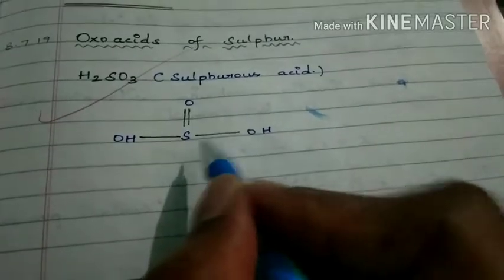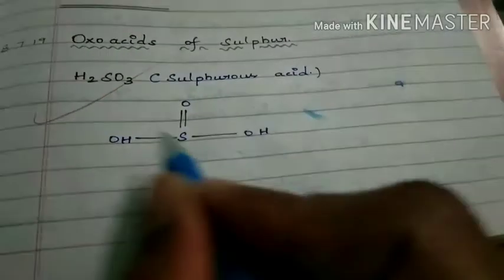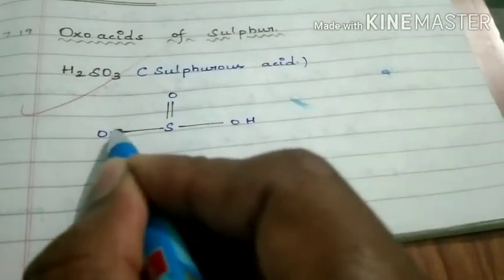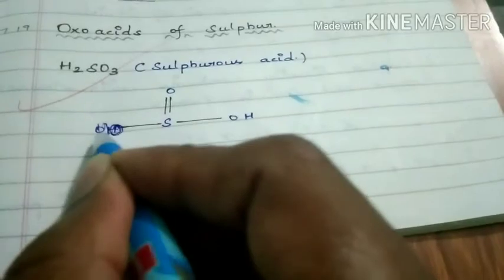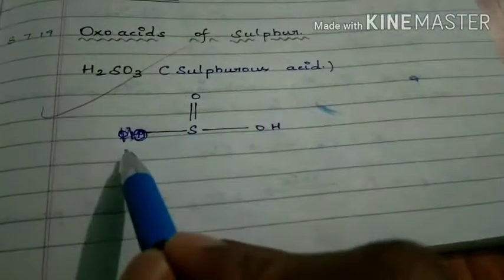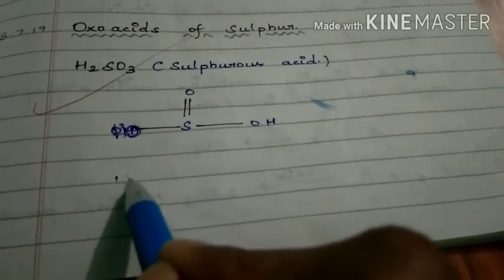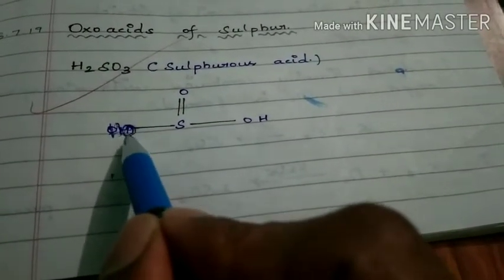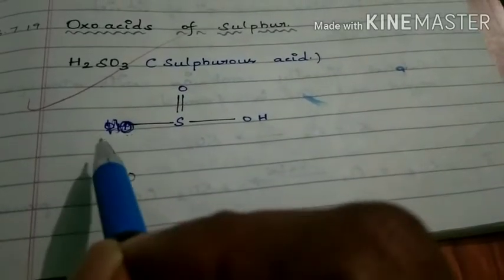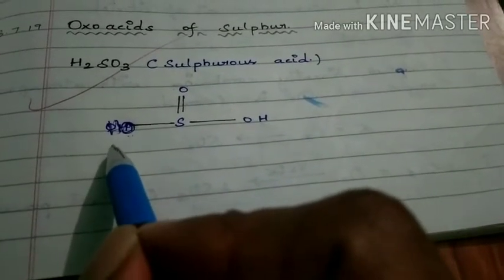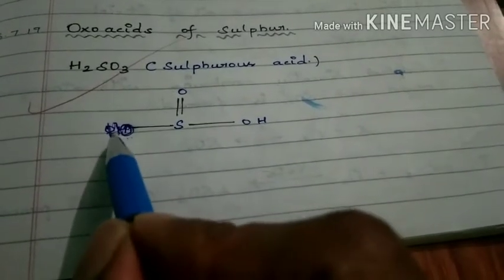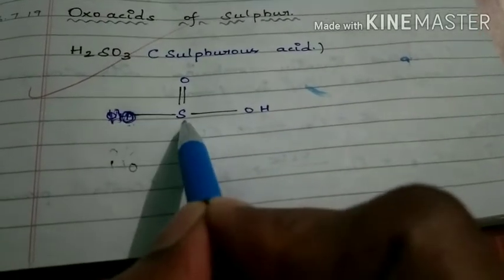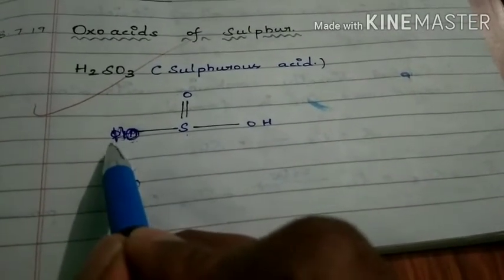When we are writing OH on the right side, we can write it like this, OH. But when we are writing OH on the left side, we should not write it like this, OH. We should write HO, because when we write HO, it indicates that oxygen forms a bond with the sulfur. But when we write OH with H next to sulfur, that will be wrong, because that indicates that hydrogen is bonding with sulfur. Already hydrogen is bonded with oxygen.